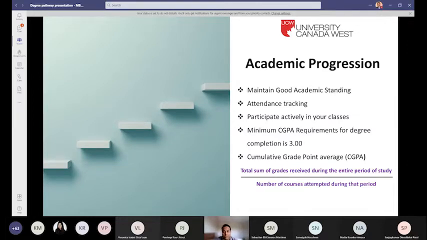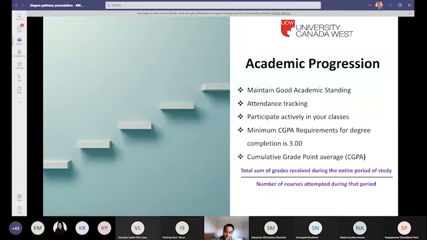So if you're good in one and you feel, oh, I'll manage to get a B anyway, so why should I work any harder? I would say get the A's and the A pluses, and that will help you cover up even if you perform a little poorly in others. So make sure that you maintain a minimum 3.0. And now, how the cumulative grade point average works.